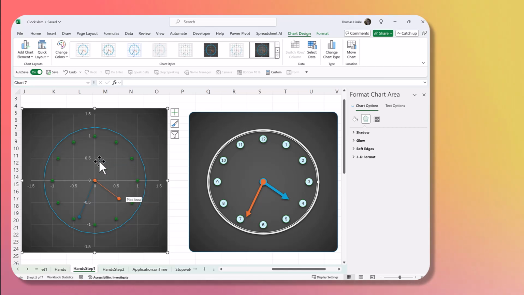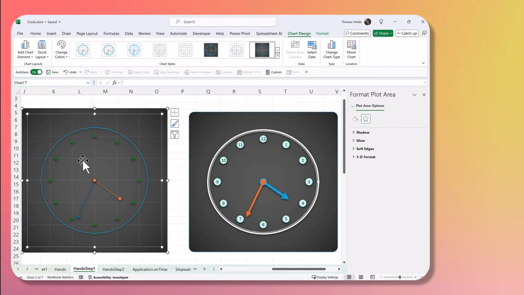Now I want to get rid of the axis and the grid lines, so I can just click on each one of those elements. Here's the vertical axis, the horizontal axis, and then click on the grid lines. Horizontal grid lines and vertical grid lines. Those are all gone. Now let's do the border of the clock. So I'll click on that